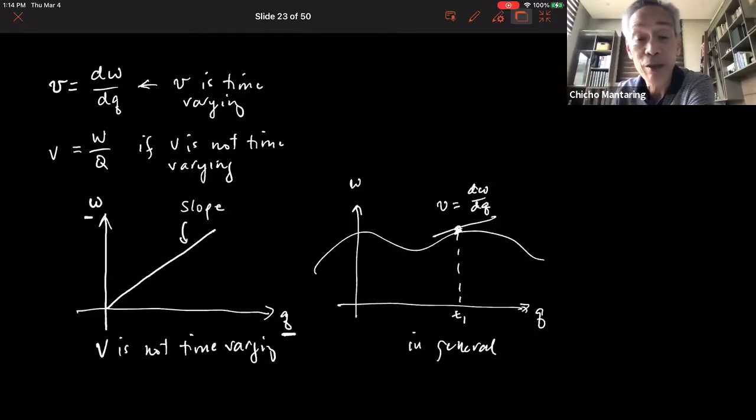Similar to current, if the relationship between charge and time is linear, then your current is not time varying. What do you mean by that? If you imagine your charge flowing, it means the flow of charge is continuous at a steady pace, so with time the total amount of charge just accumulates linearly. It's steady, not erratic or in bursts. Therefore, if you count how many charges pass through a cross-section at any given time,